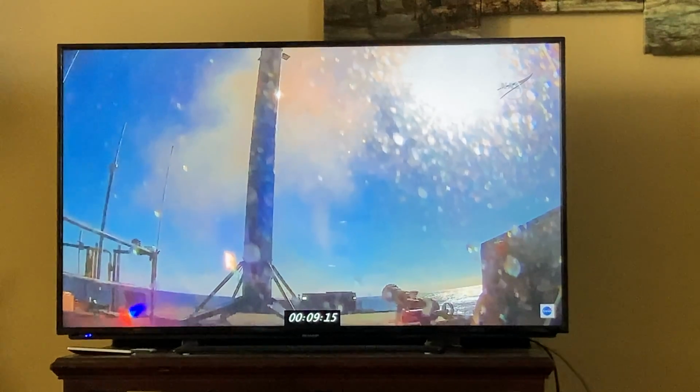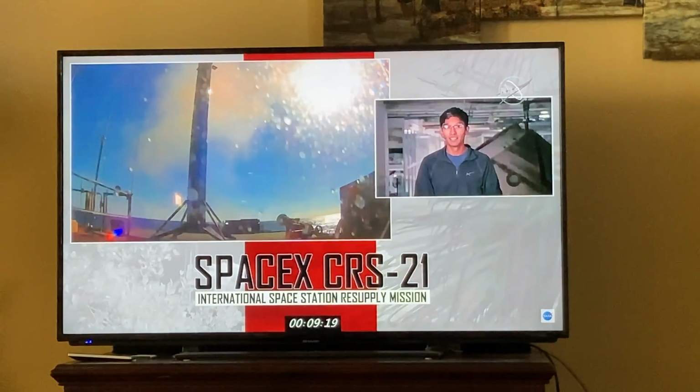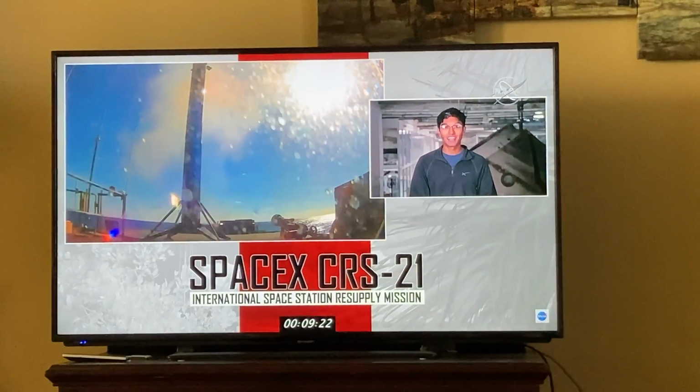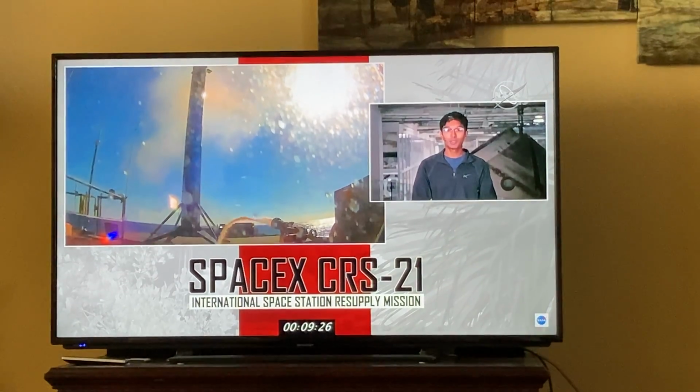100 successful landings of Falcon 9, fourth landing of this booster, which first flew Bob and Doug to space. 35th landing actually on this drone ship. Coming up next in about 2 minutes from now,